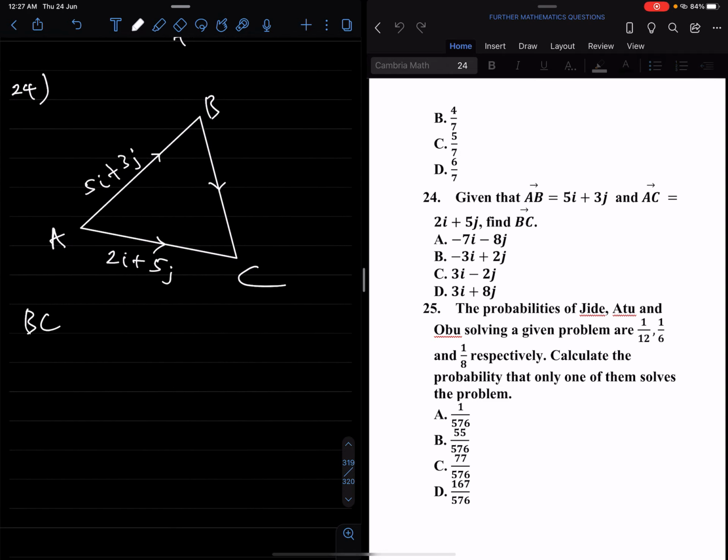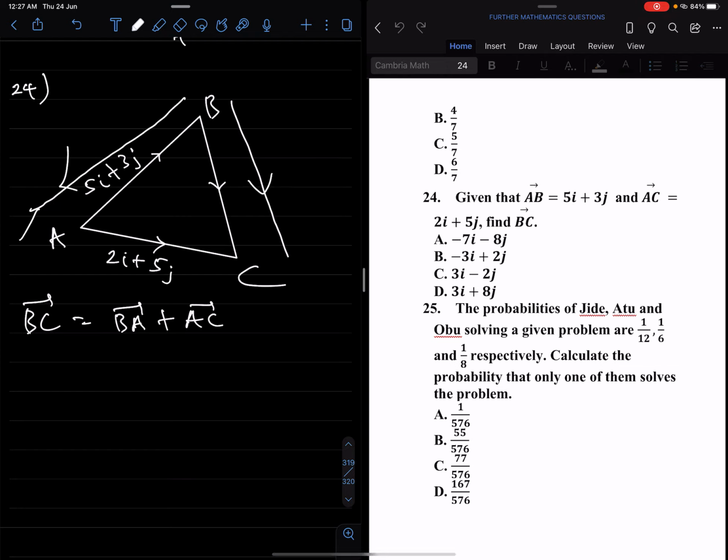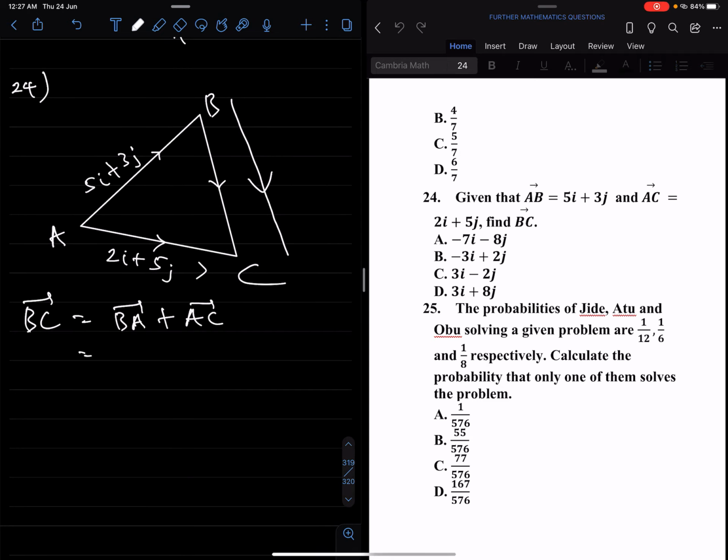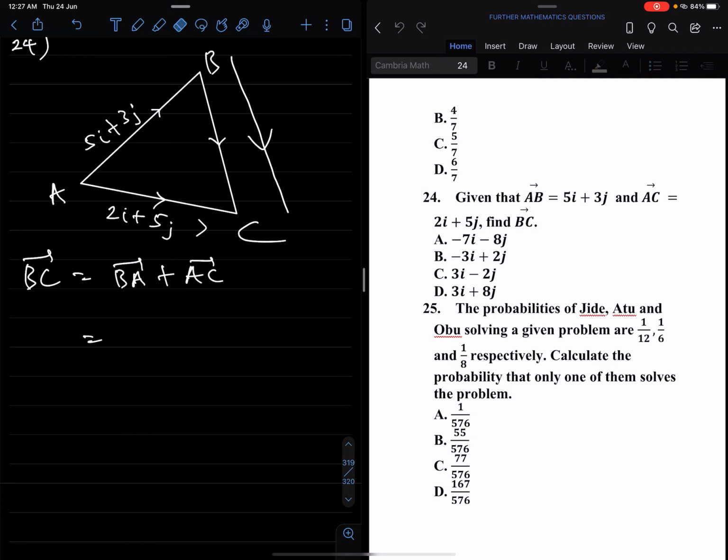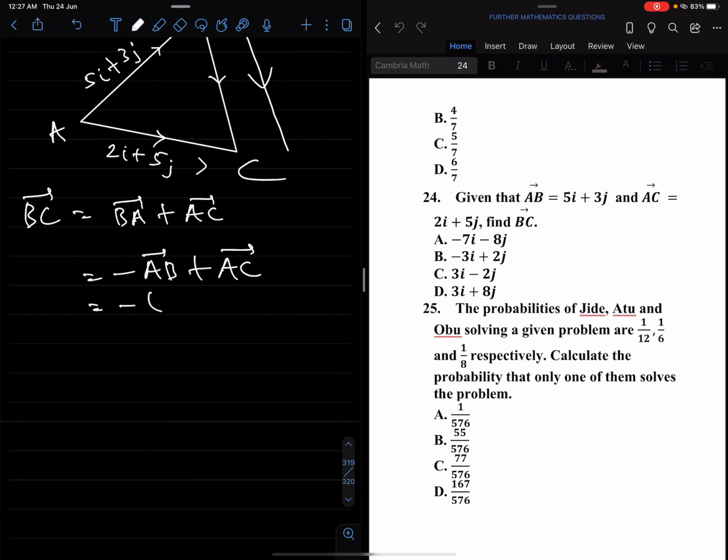BC is the same as BA plus AC. That's what it means. So that's the same as minus AB. BA is the opposite of AB, so it's going to be minus AB plus AC, which simply means minus into bracket